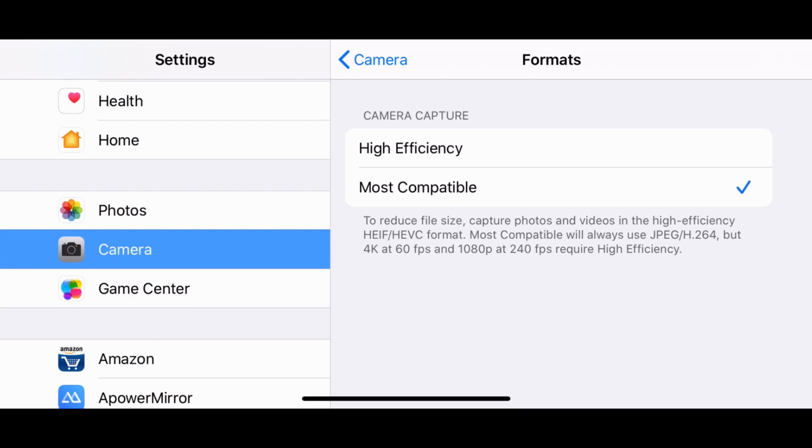This is nothing but the JPEG format, which is used widely throughout the world. I would suggest you keep this option, especially because you might have to transfer photos to others and not all may have an iPhone, right? So I would really suggest you keep it on Most Compatible and not High Efficiency.